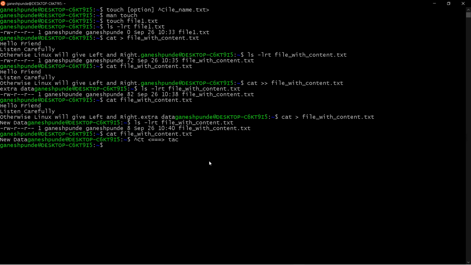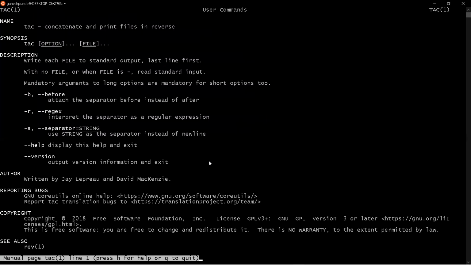So let's see the manual pages for tac. I will type man space tac, and you can see it says tac concatenates and prints the files in reverse. It will print the file in reverse. And these are some of the options you can use with tac.